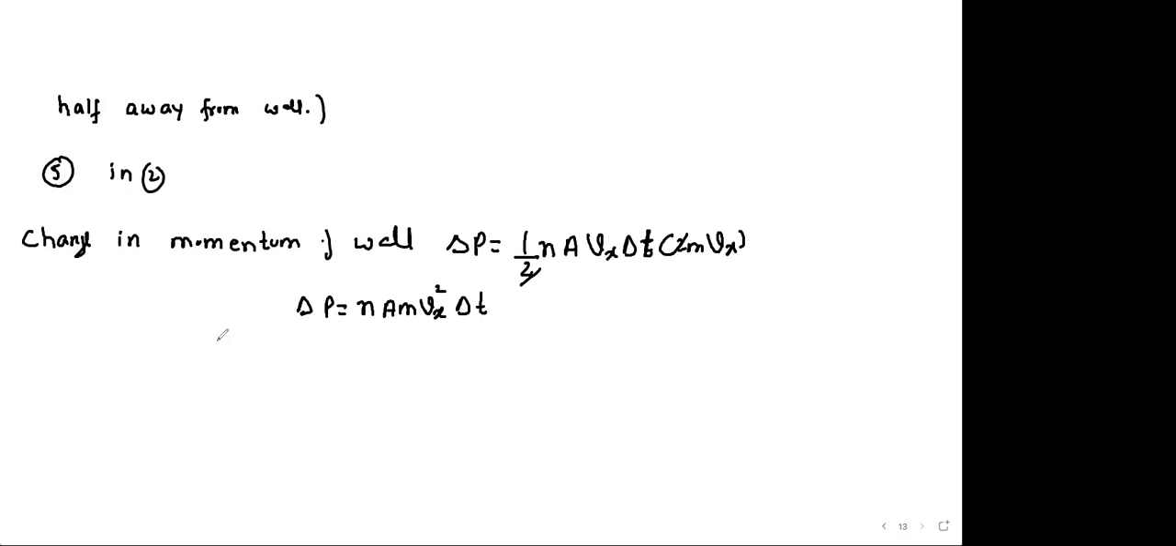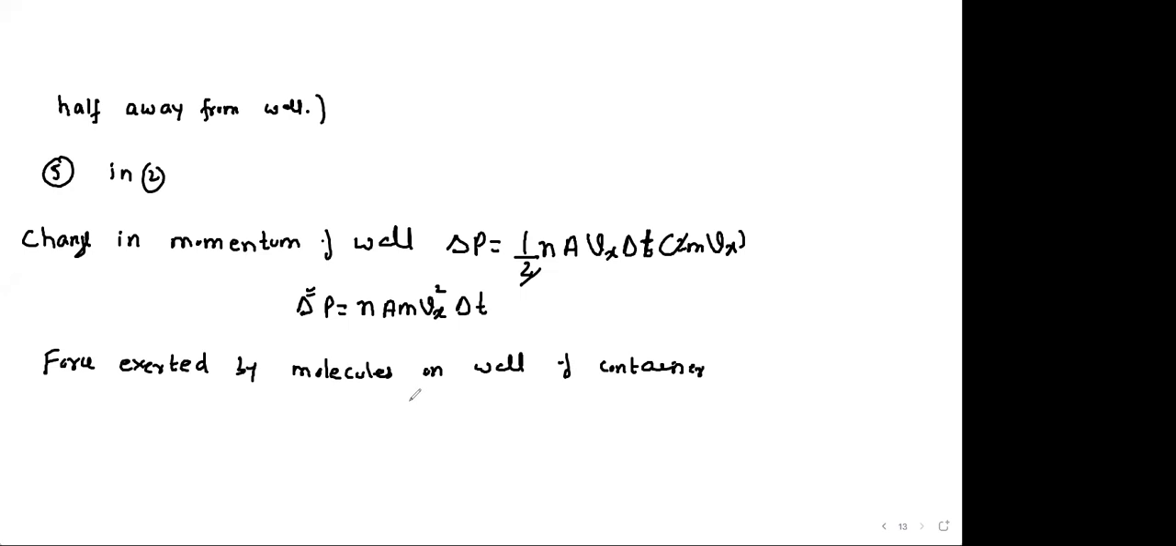Now, once you have the change in momentum, you can calculate force. Sania, if you have change in momentum, do you remember Newton's second law to calculate force? F is equal to ma, but let's write force in terms of change in momentum. Newton's second law says that force is the rate of change of momentum, change in momentum by time interval. So if I substitute these values here, your force comes out to be N A m Vx square delta T divided by delta T. So this gets cancelled out. So the force on the wall is N A m